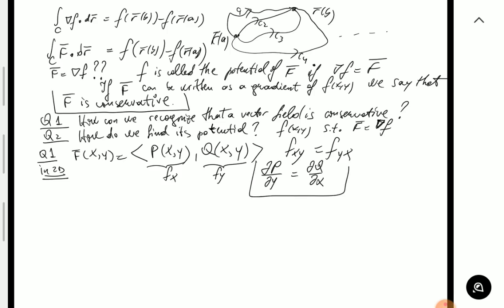As it turns out, for some extra mild conditions, this works in reverse. So you can write this as a theorem, which you're going to provide without proof. If the vector field f is defined